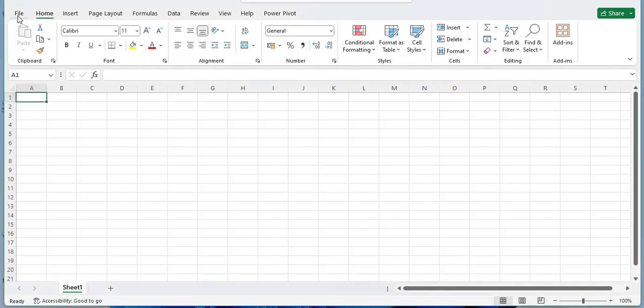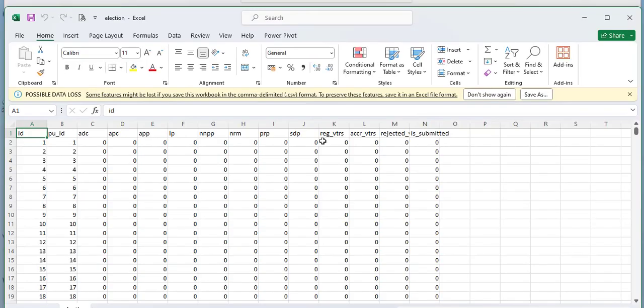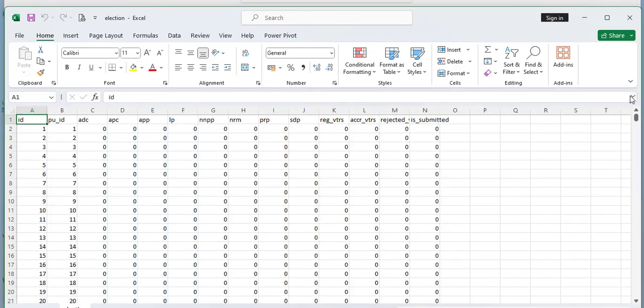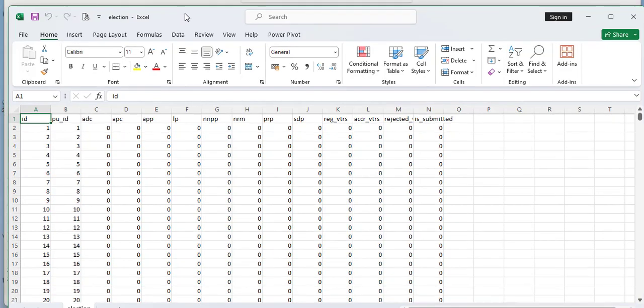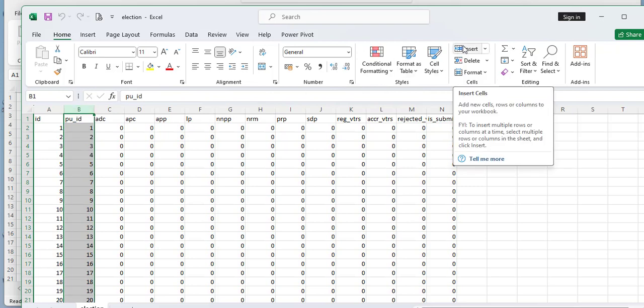So let me go to File over here, and here it is. You see, it is the election.csv. So I will click it, open it. Okay, so what I would like to do is create two more fields. Right here I would like to add, let me go to insert,